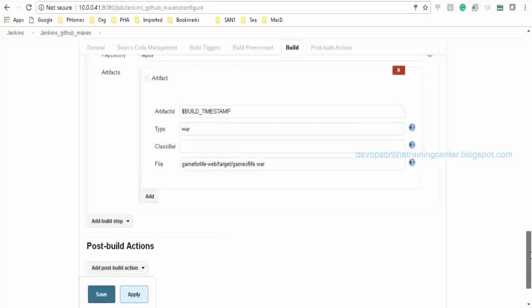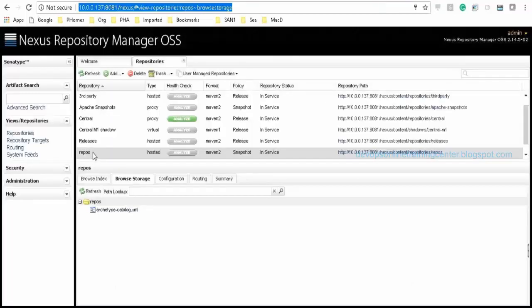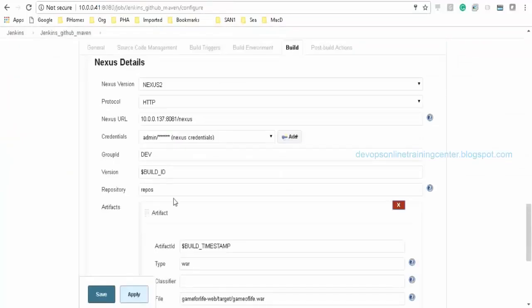So what all we have done? First we installed Nexus. We started it. We logged into it. Then we created a snapshot repository called repos. That repos I have given here, but I want a directory structure while copying the artifact or binary because it is easy to recognize, right?